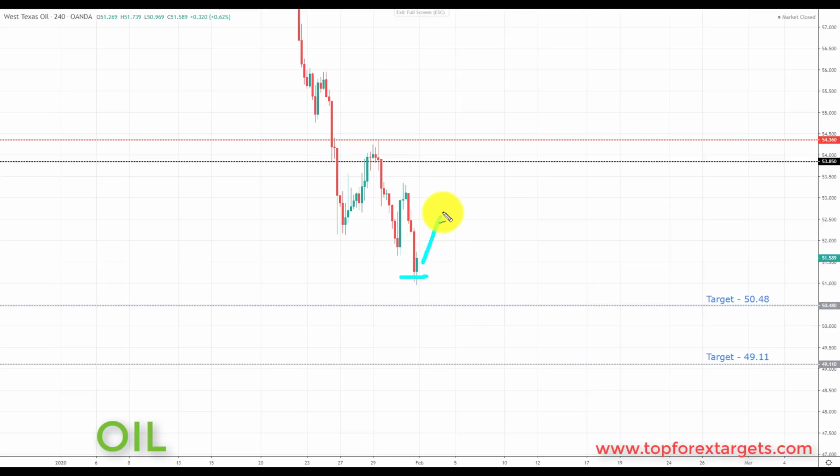Any pullback in this area, and preferably if we can come back and retest broken support, turning resistance at the 53.85, would be the best place next week to start to look for short opportunities. If we get a pullback and the right kind of bearish setups in this market, we're going to be looking at initiating shorts down towards the next key support to the downside, with the target set at the 50.48. And if we can get a break through here, we're going to be looking down towards the next key support to the downside and target 2 at the 49.11.